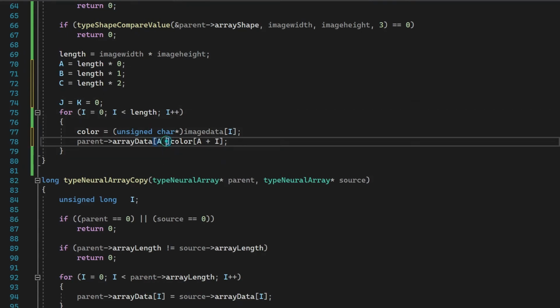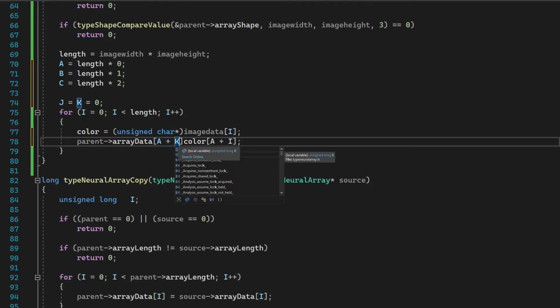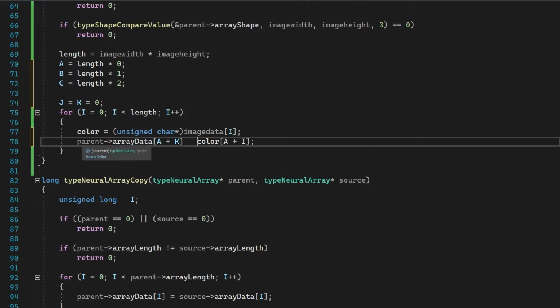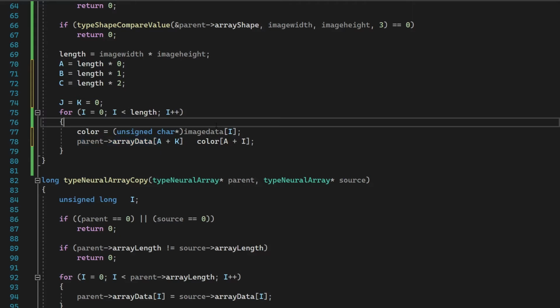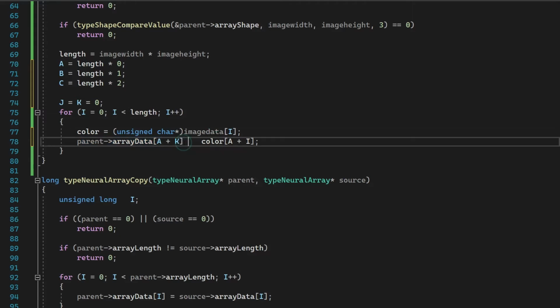Parent.iData.a plus K. K is the location inside the array data. Now K is the location inside each of the three separate arrays equals CUDA neural unit, float color.j. J is the current location into